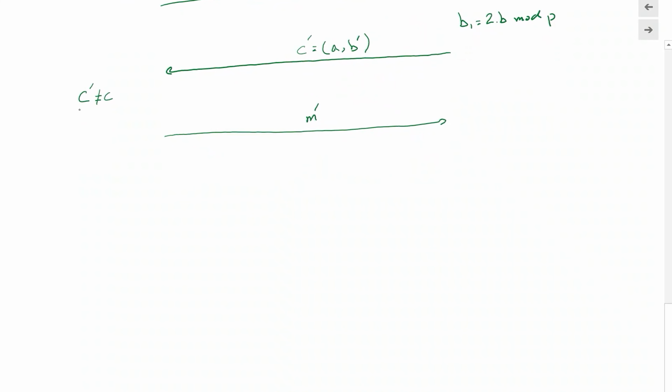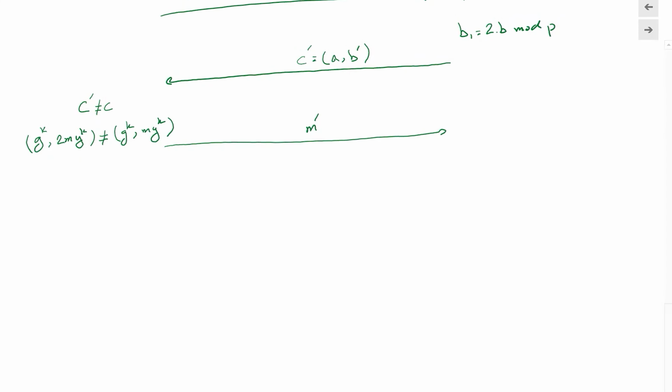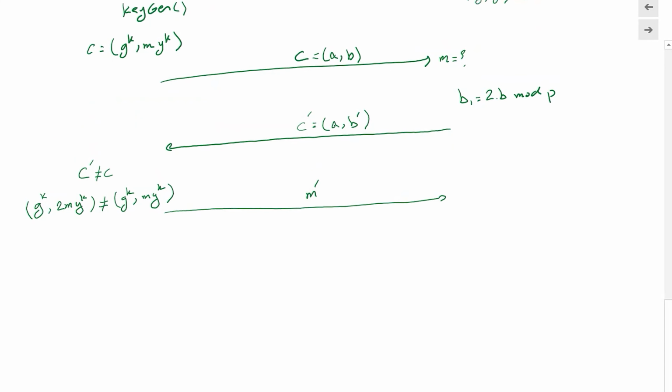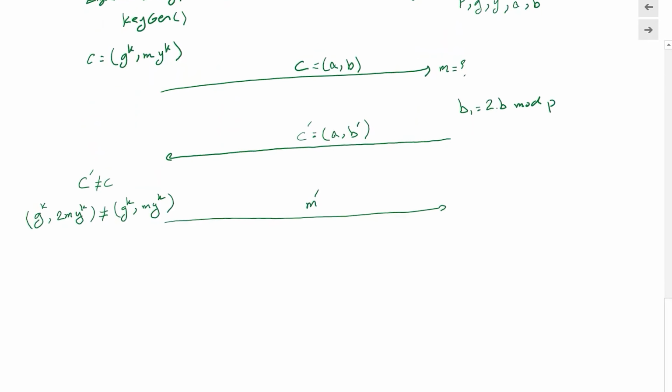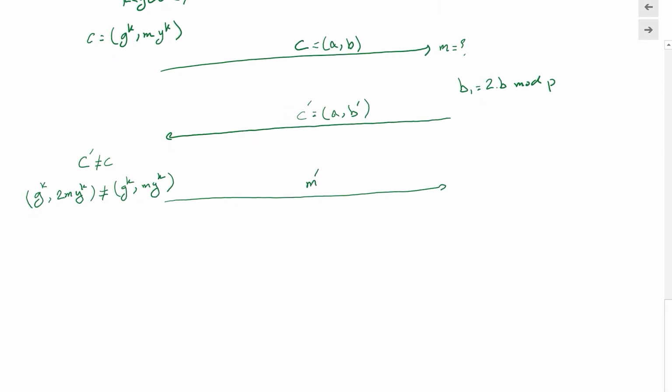if you look at what is inside C prime, we have G to the K, and then here would be 2M Y to the K, and this value is not equal to G to the K and then M Y to the K, right? So these are different, and therefore, according to the rules of the game, our decryption oracle would accept this query and then provide the answer to